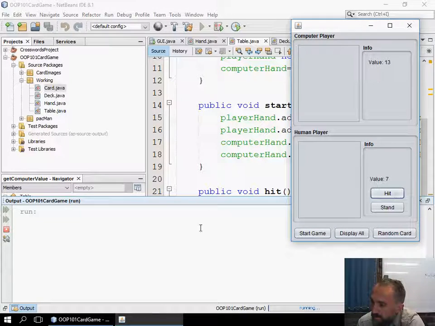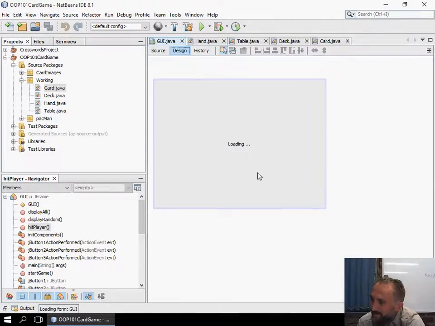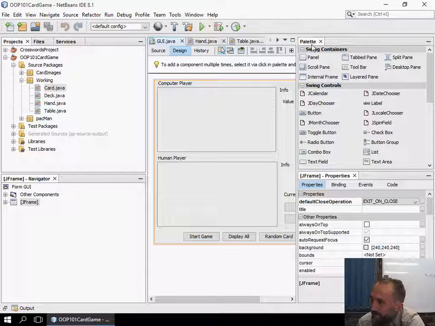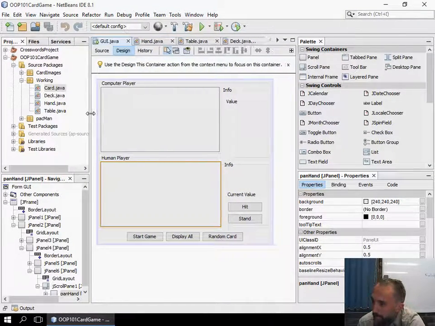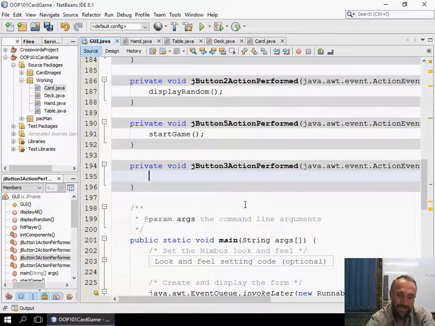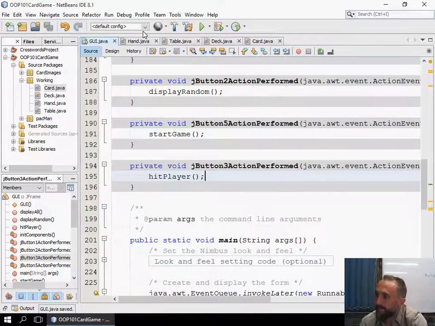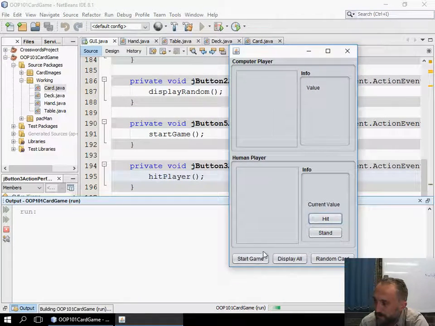When I hit, no, nothing's happening. So it looks like I just didn't even, that was a stupid error. It looks like I didn't actually even code the button to be associated with the method. I do that way too often. Okay, so hit player, and so just the fact that I didn't actually code the button to exist there, but now we can see when I go start game, get a value of 8 when I press hit,